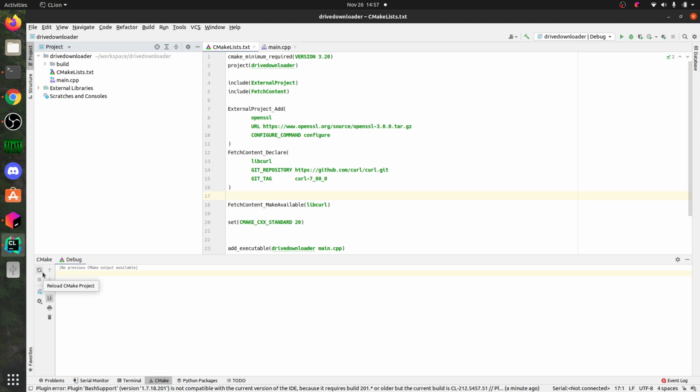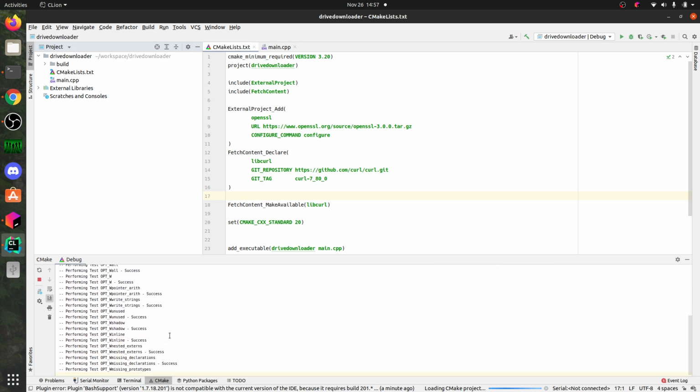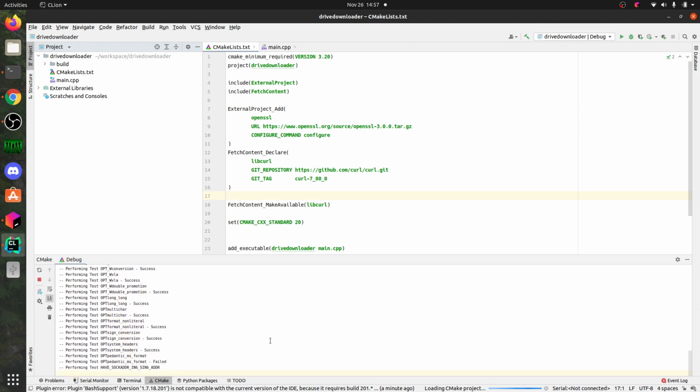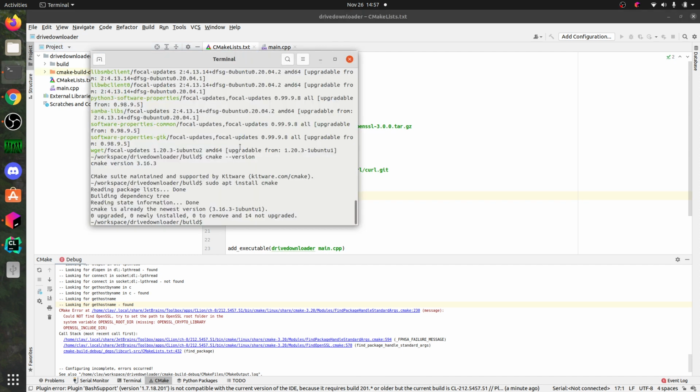Let's reload the CMake project and see what happens. All right, this is sort of its normal initial update stuff, just to see what am I running. That looks like curl stuff, not, yeah, not OpenSSL. All right. If there is anybody watching and you have any great ideas about how to get those dependencies sorted out,